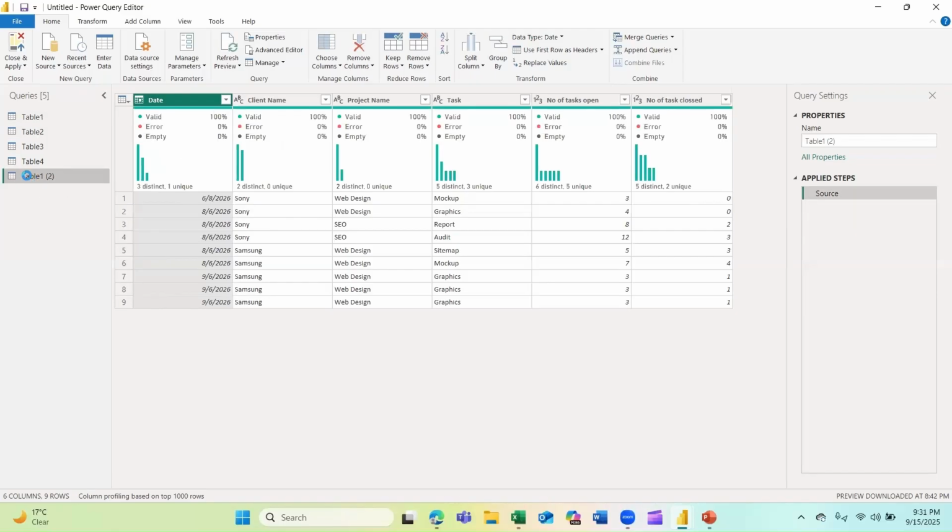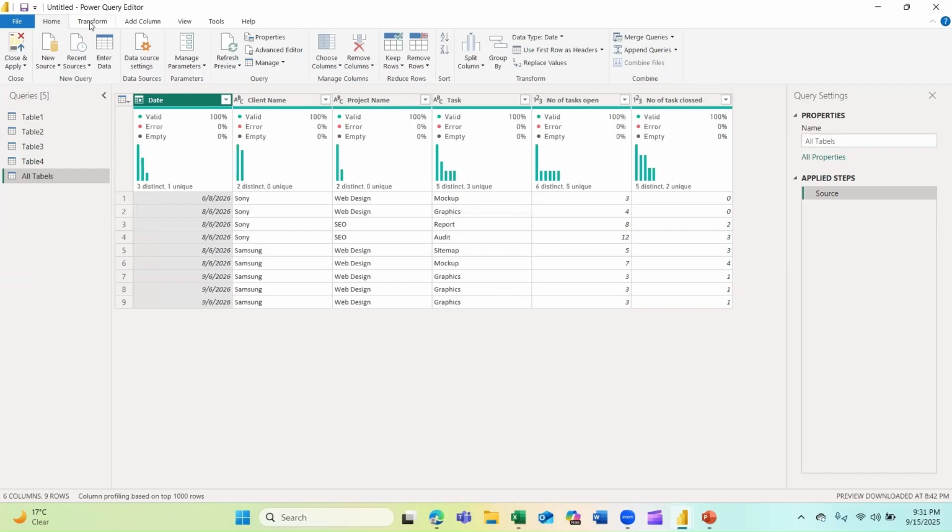So I have now a direct connection to my main tables, but every time I change something in this table, or if I refresh it, this will also be automatically updated. Okay, so once I did this as a reference, I can just rename it and say all tables. I can do it from here, or I can change the name from here, press enter.